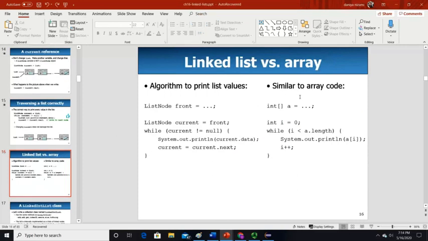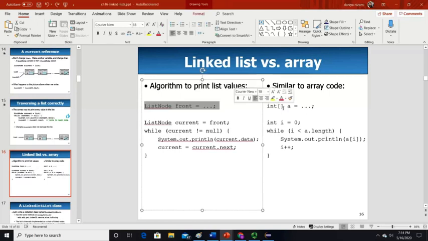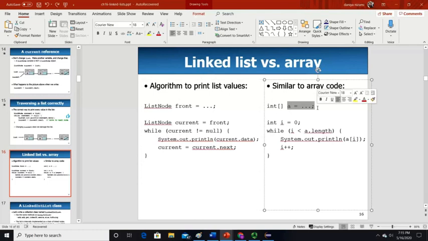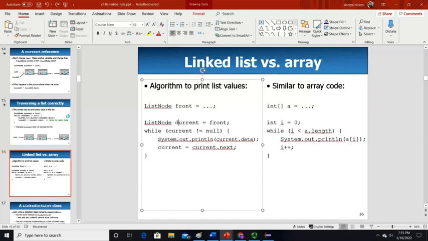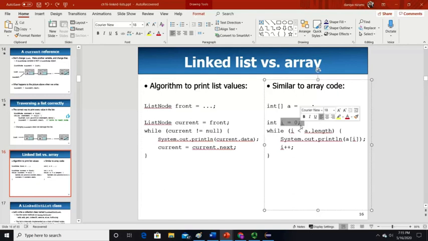Again, take a look. This is very similar to your while loop. This is how you create list node front. You need to create that list node object. With arrays, you create int square brackets a, and both are objects, remember. Then you assign an initial value to run your loop.